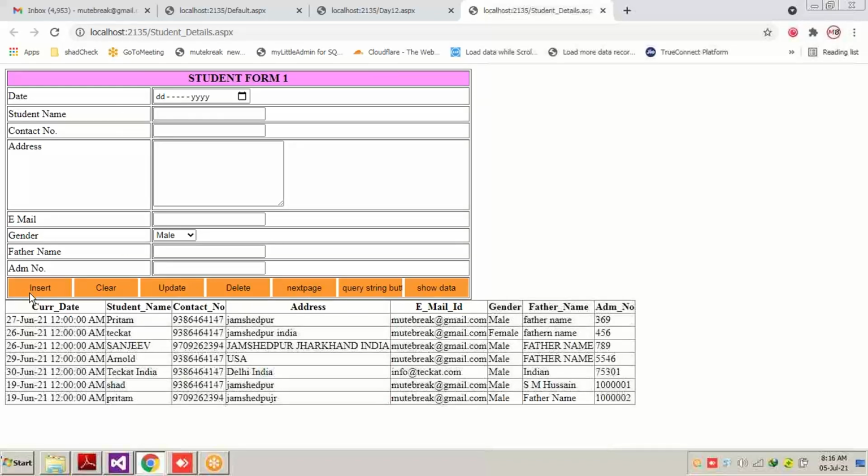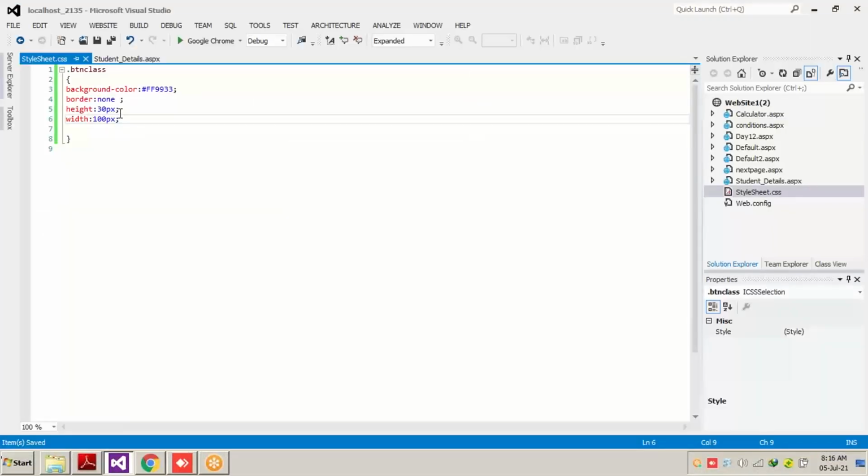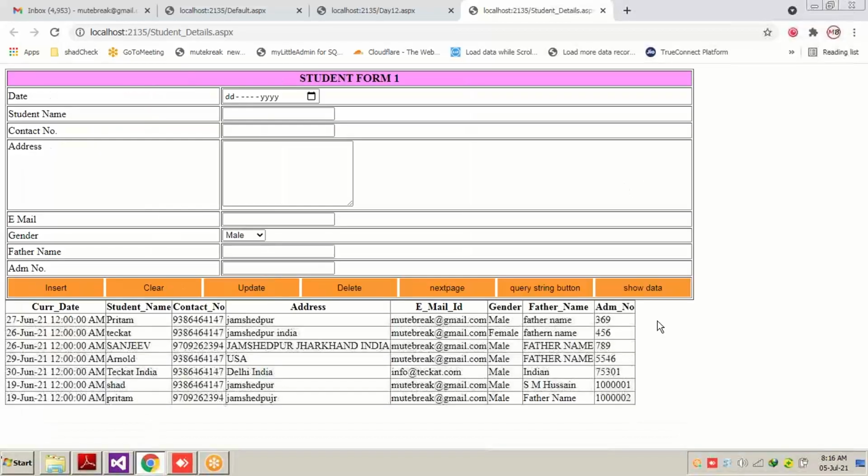You can see it like that. Right there, all the width, all the height, all the color, background, and the border has been changed. Now, if you want, you can just increase it also. From width, I have just increased from 100 to 150. I will just save the class and you can see that here. All the buttons have been changed.